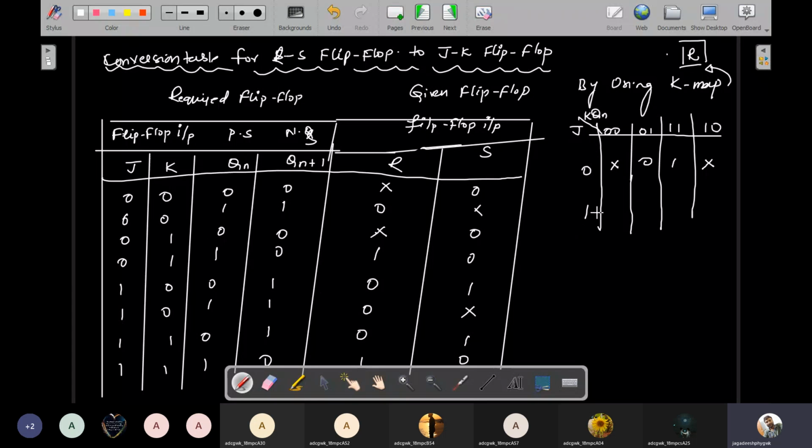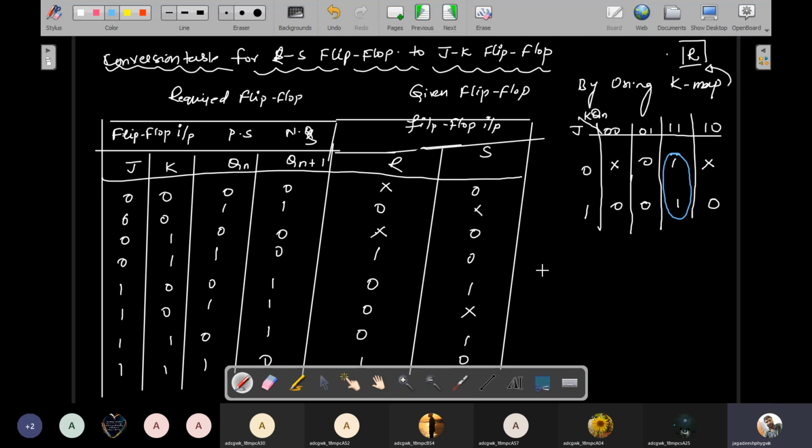Now simply come to 1, 0, 0. The 1, 0, 0 case represents this case. So at that time the R value is simply 0. Okay. And see 1, 0, 1. At this case the R value is 0. So simply put the 0. And 1, 1, 1, triple 1. At that time the R value is 1. Simply take 1. And see 1, 1, 0. At that time the R value is simply 0. Okay. So in this excitation table, in this Karnaugh map table, the only possible values are these.